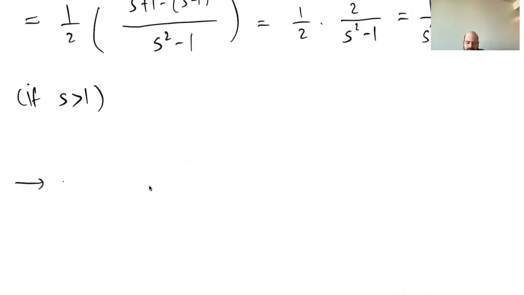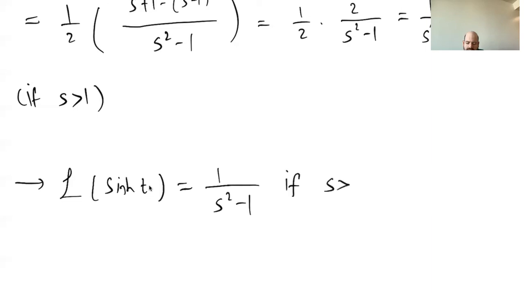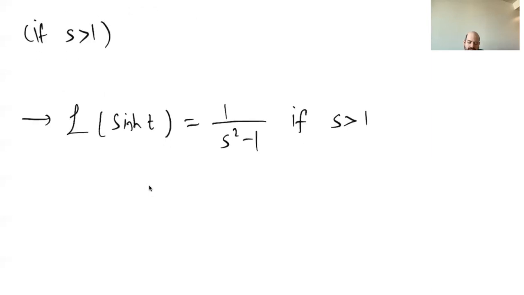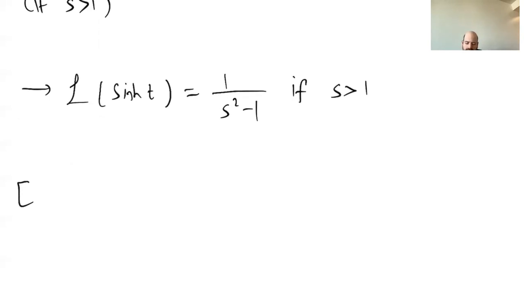So the Laplace transform of sine hyperbolic t is equal to 1 over s squared minus 1 if s is bigger than 1. Similarly, as an exercise, you can try to calculate the Laplace transform of cos hyperbolic t, or sine hyperbolic or cos hyperbolic omega t. So again, let me leave them as an exercise to show that the Laplace transform of sine hyperbolic